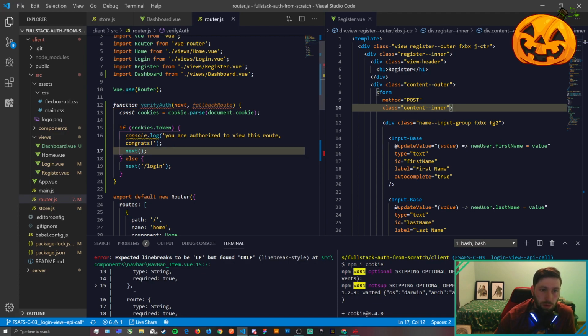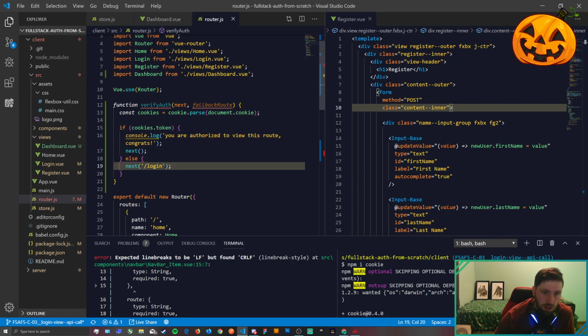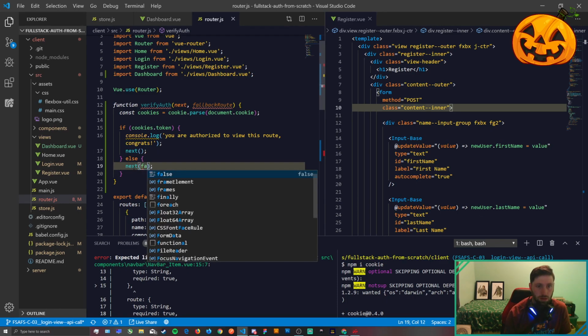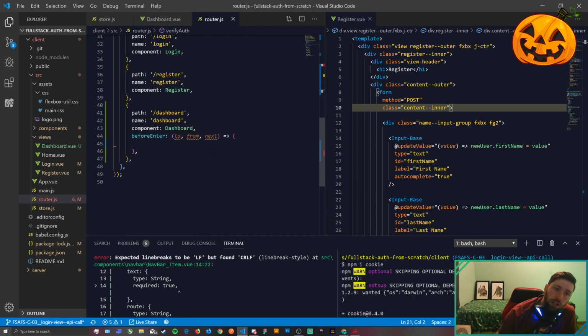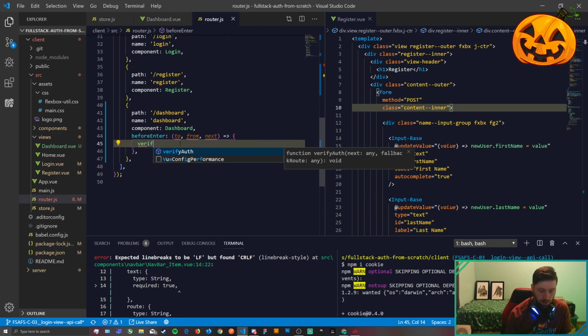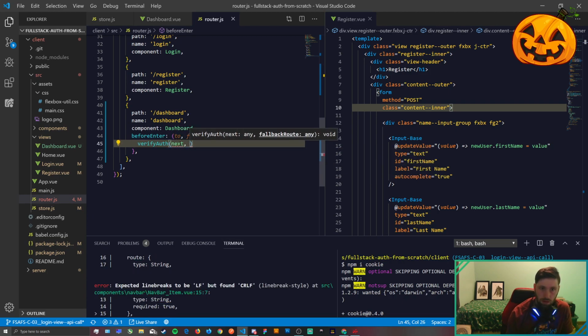So we're parsing the cookies. We're checking to see if cookies.token exists. If it does, we're calling next. And if not, we're calling next and we're passing in our fallback route. So let's switch this out for fallback route. Just like that. And let's bring down this verify auth function and plug it in right here. Verify auth. And then we'll pass in next and